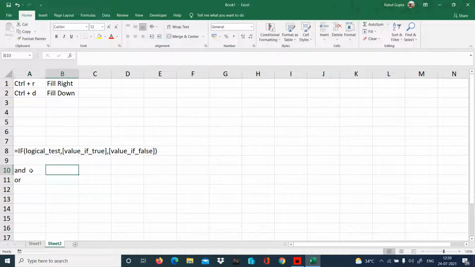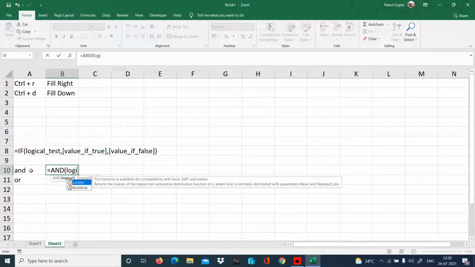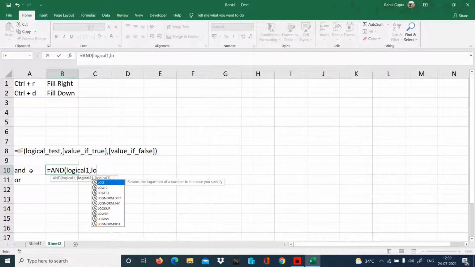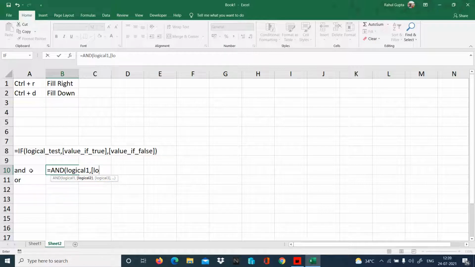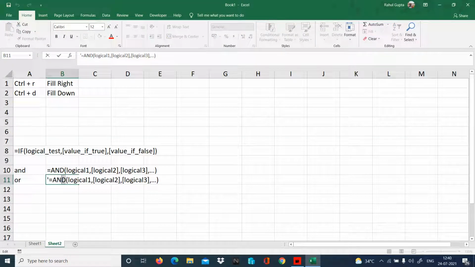So first I am writing the syntax of AND is equal to AND logical 1, comma, logical 2, logical 3, and so on. Means many of the logics could be there. In the same way, we have to also work on OR. So in place of AND, it will be OR.